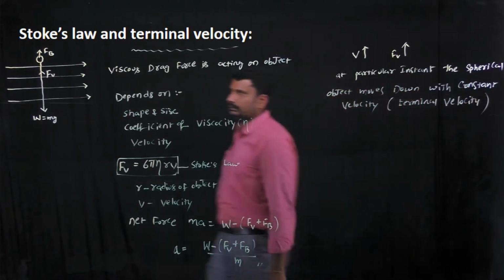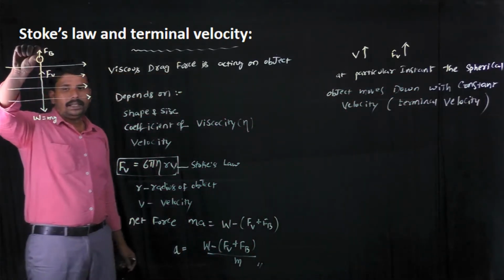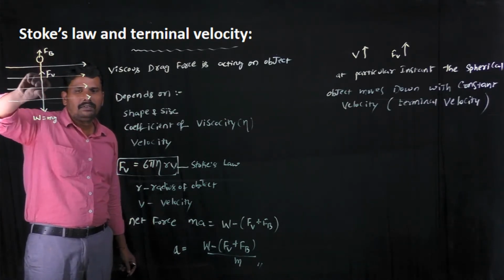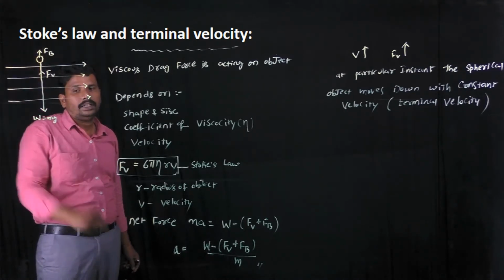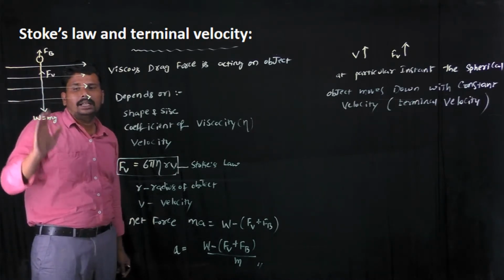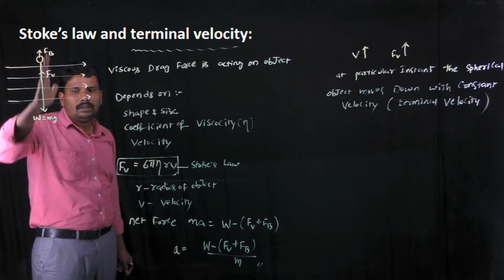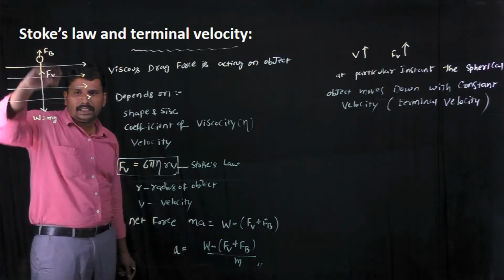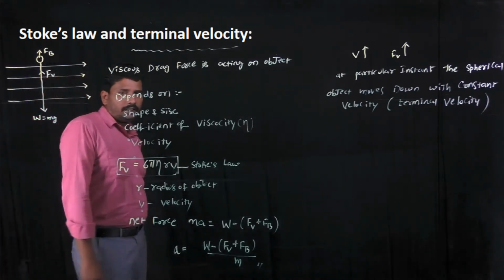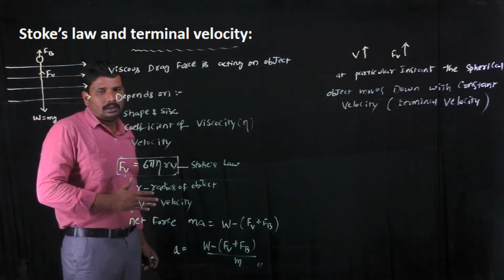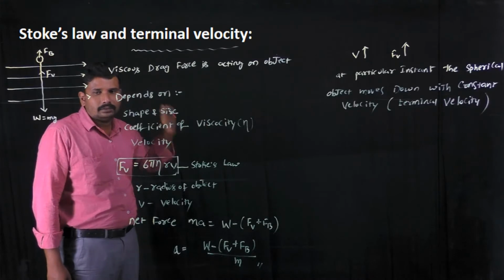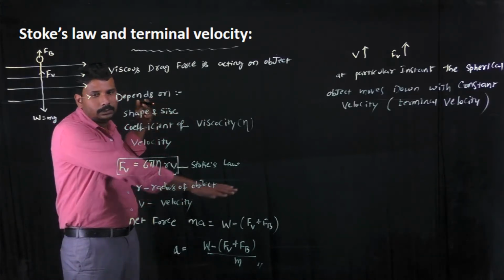Once again, here there is a spherical object. When it falls down, it drags the different layers of a fluid. Due to this, the viscous drag force is there, and this viscous drag force always opposes the direction of the motion of the object. For example, when we move on a bike with great speed, the direction of the air opposes the motion of our vehicle.